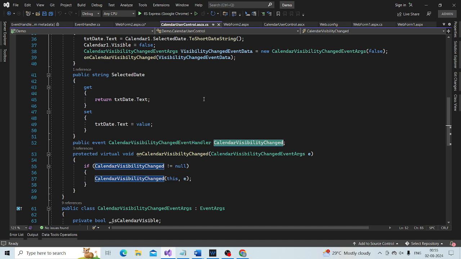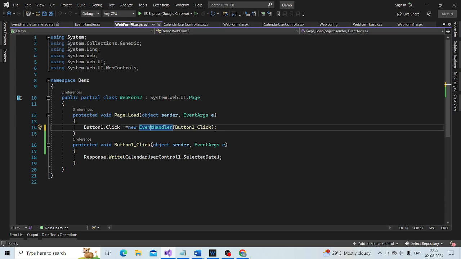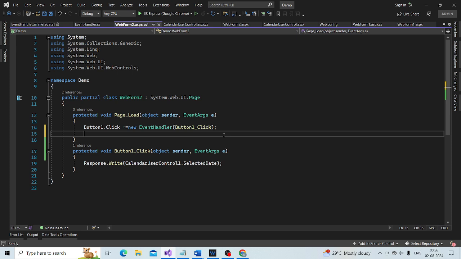Just like the Button1 control, the ID of our calendar user control is CalendarUserControl1.